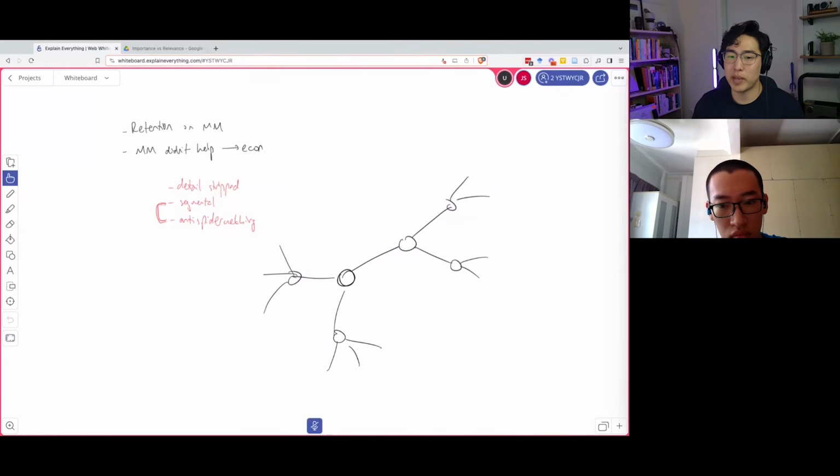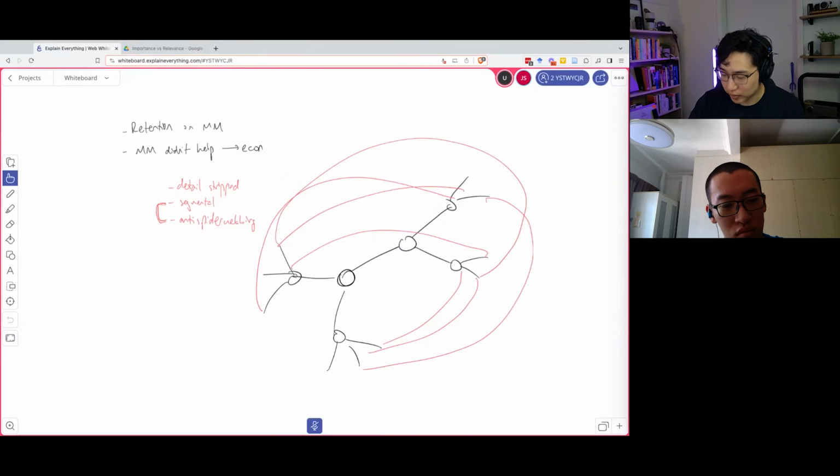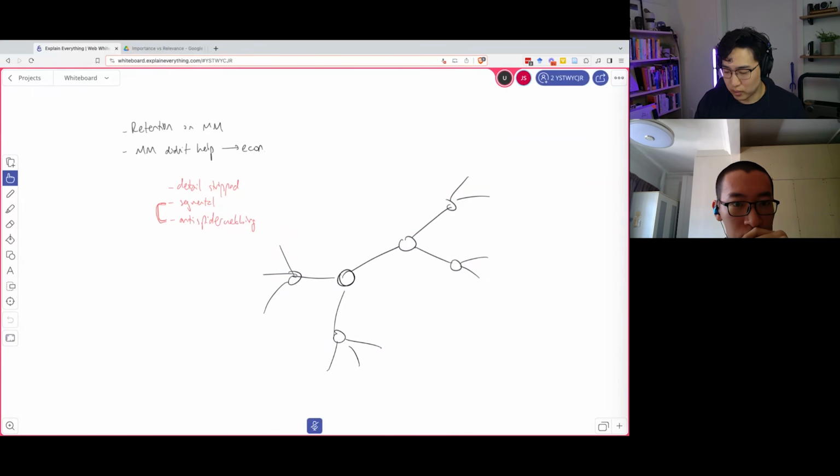Spider webbing happens when you have a flow, and then you realize that there are more relationships than you thought of initially, so you try to add those relationships on after you have already built the overall structure, and then it starts looking like this. That's spider webbing. Obviously it's quite messy and hard to follow. Your retention on this is not going to be very good. But anti-spider webbing is when you know that this will happen, and so you just don't. You know that as soon as you try to do it, it's going to become messy, so you just don't even try. That's anti-spider webbing. Both of them are not ideal.